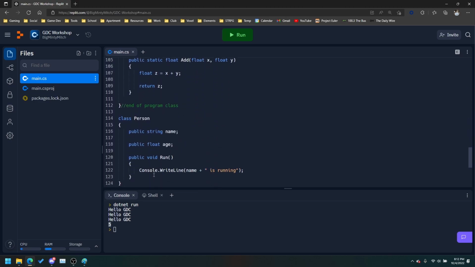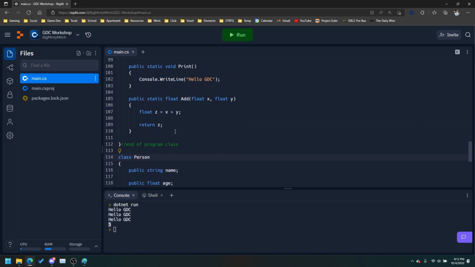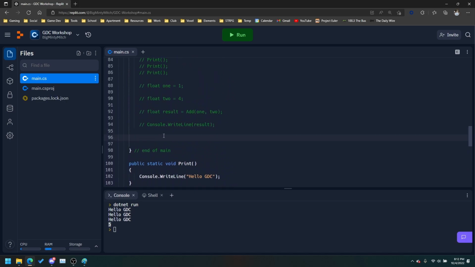So now that we have a class, we have this blueprint, and this doesn't actually have any data in it, right? If you have an actual blueprint and you want to build a house, we haven't actually built the house yet. This is just the diagram of what we want it to look like. So if you want to actually build the house, per se,